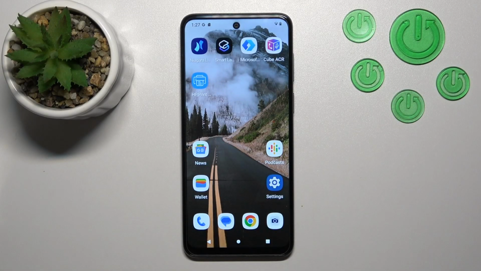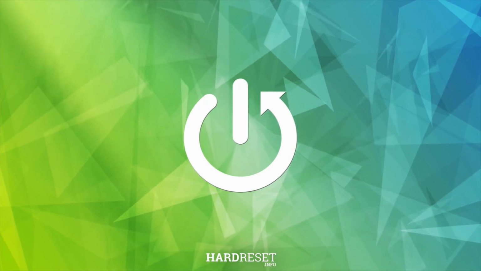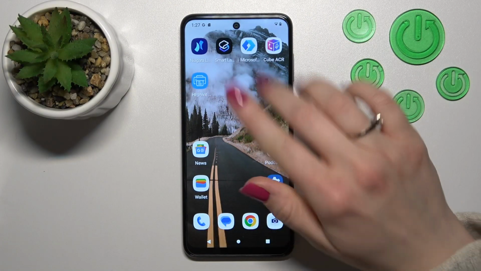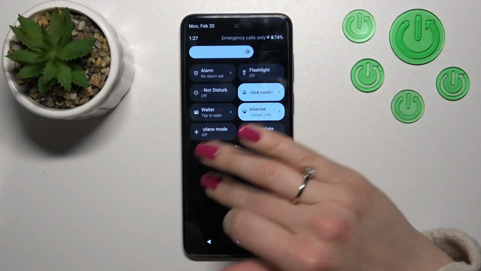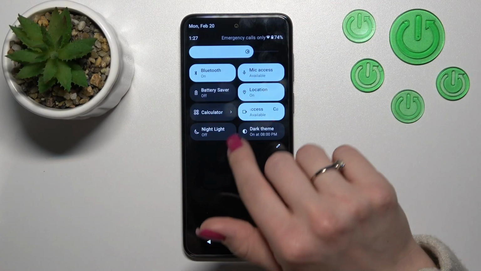Hi, today in front of me is the MOTOROLA Moto G13 and I'll show you how to edit notification panel shortcuts on this device. So first let's open the notification panel, and if you want to add some options here, remove some of them, or change their positions, we should click